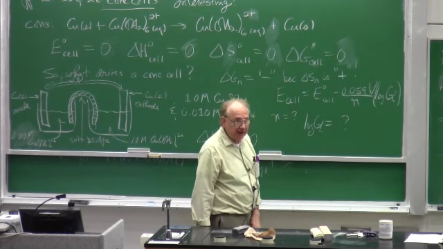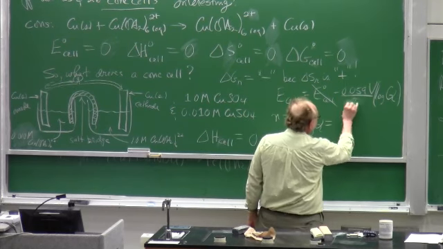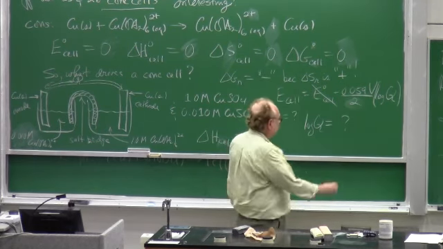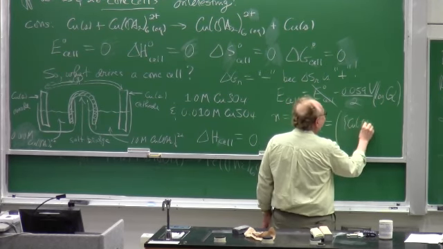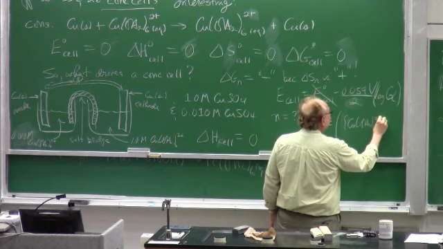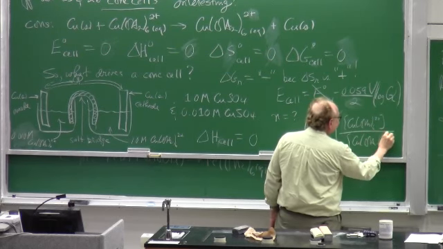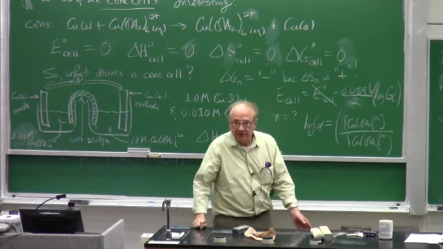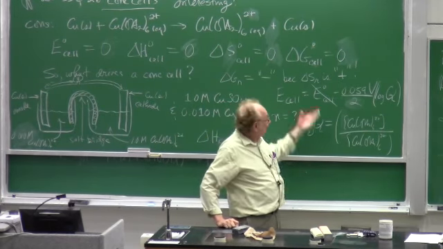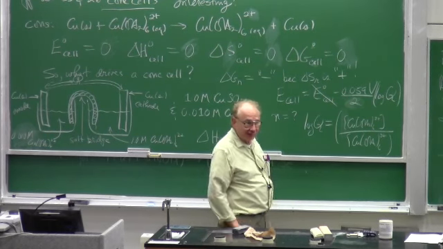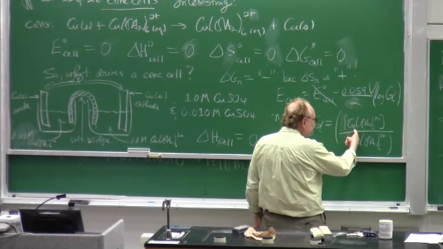Now, how do we get E cell? Well, E° is 0. And for this system, n is 2. So what's log Q? Can I cancel these copper ions? If I cancel it, I've got 1. And then I've got nothing. E cell is 0, because the log of 1 is 0. So the molarity up here is